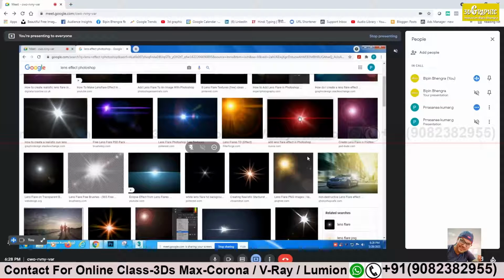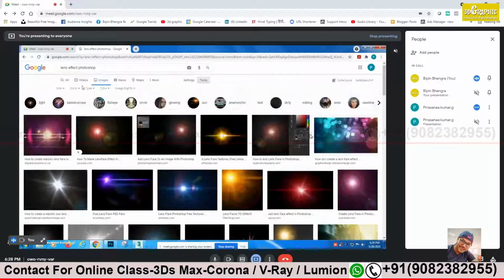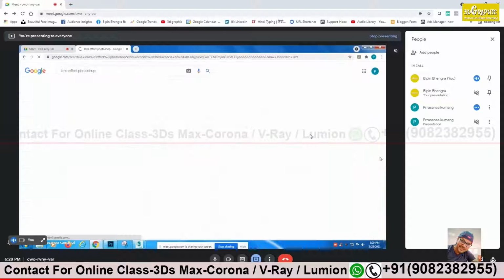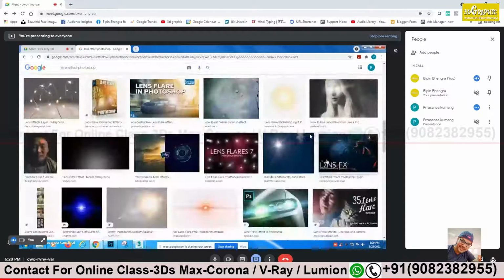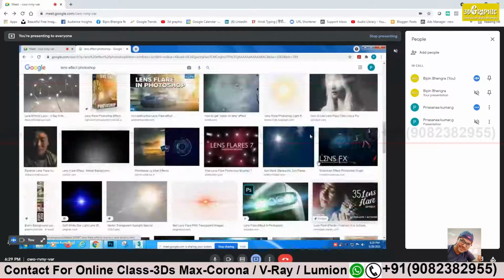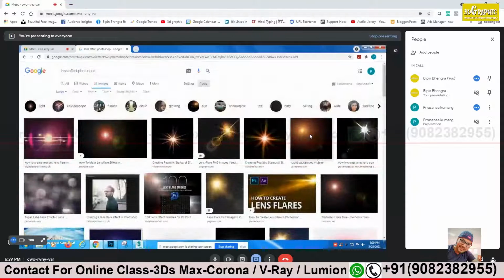That one for the car headlights, front lights, with the straight lines and all. First, take that. Make sure this is high quality, high res images. Just click tools, size, and take large. The first one is also looking nice. So this is the one, sir, the left one. Yes, yes, this one we will use. The first one.